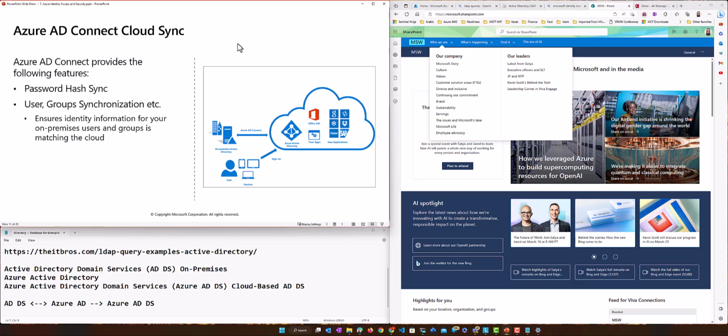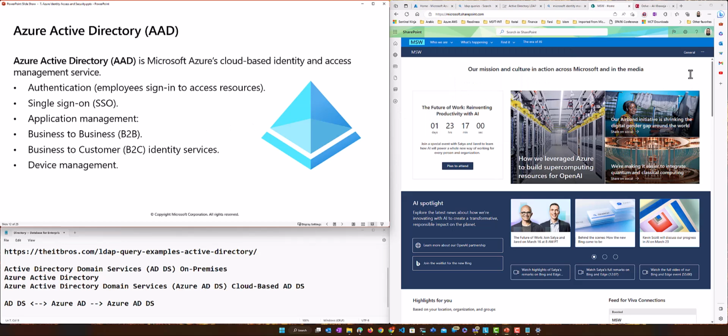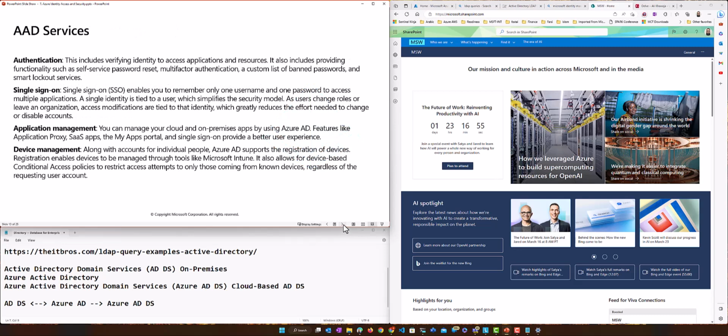So this is how you synchronize. हमने system बनाया था पहले on premises. Then we said, okay, how do we synchronize this? We use Azure AD Connect to get everything into Azure Active Directory. And this is where we started off yesterday. So I added a little bit more information to show how we got to this point. तो ये हमने सारा कुछ किया था basically, where we had authentication and single sign-on, which is all working. So this is what it's providing.